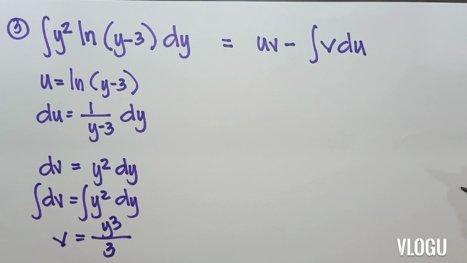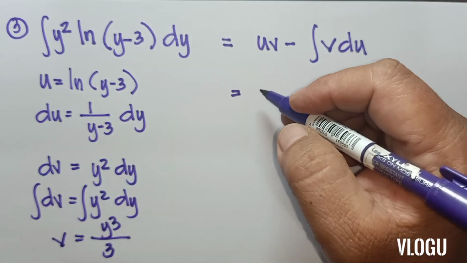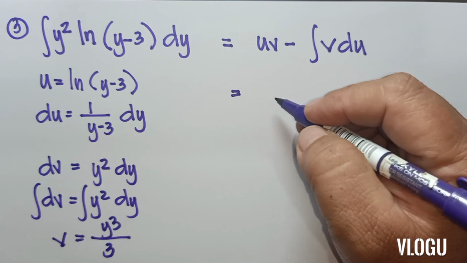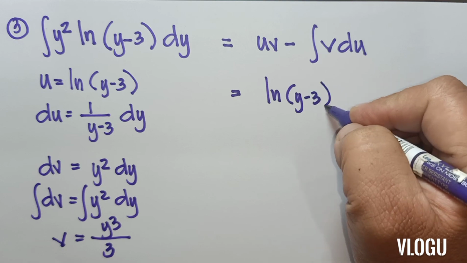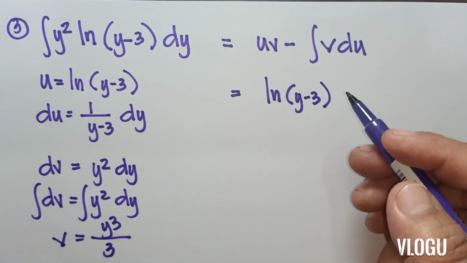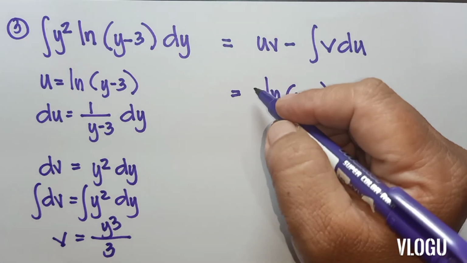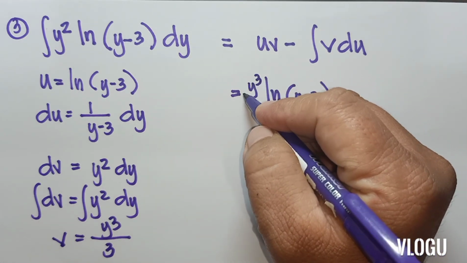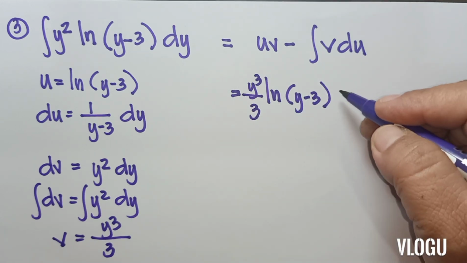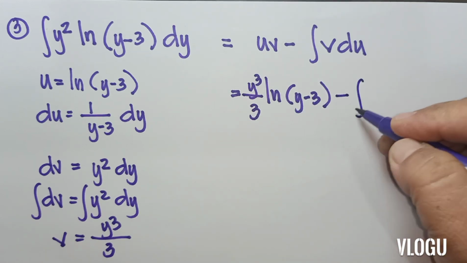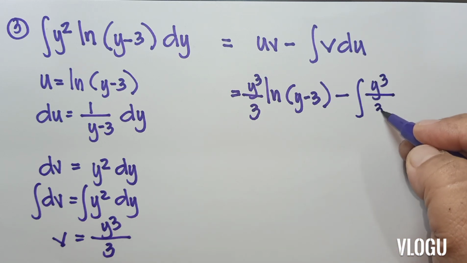Our u is equal to ln of y minus 3, and our v is y cubed over 3. So that is uv, minus the integral of v, y cubed over 3,